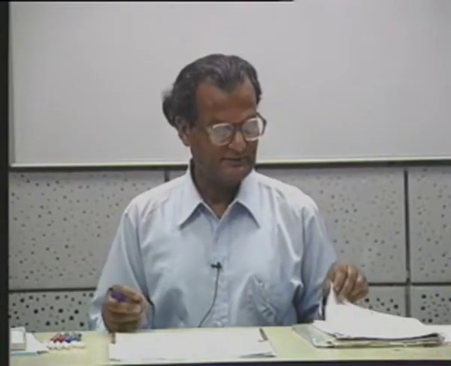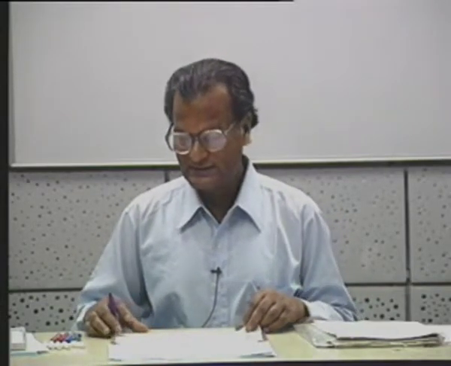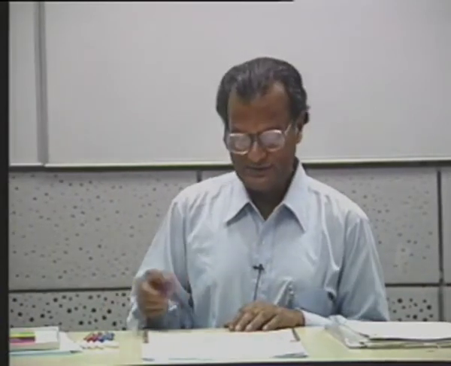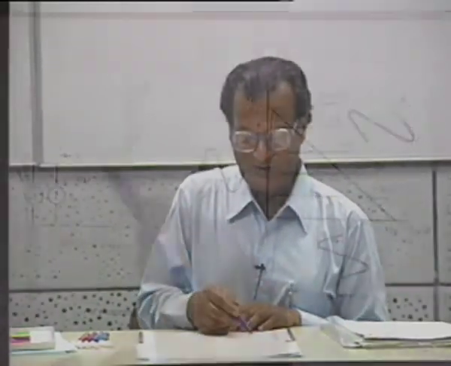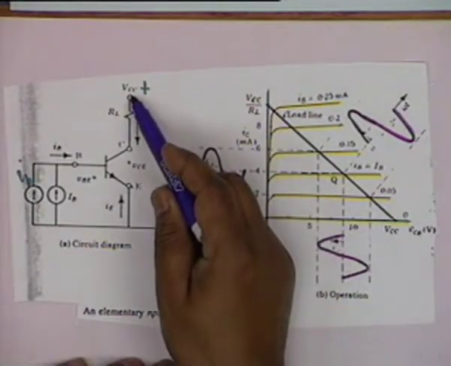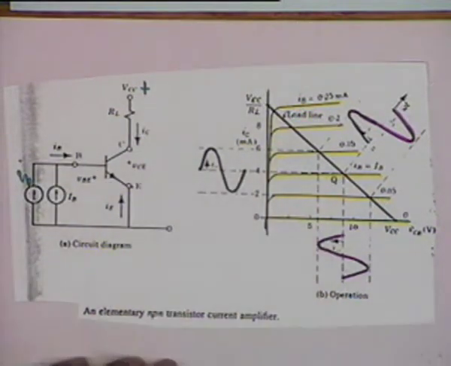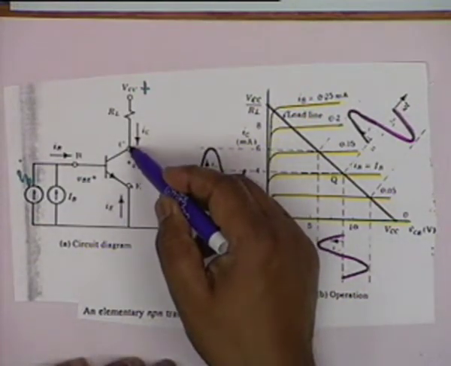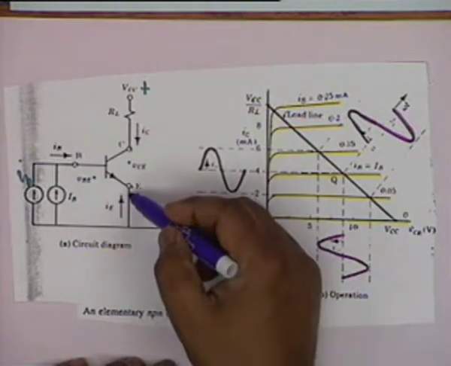Utilizing this model, one can now analyze to see why a transistor behaves like it does. Why does it amplify? Here is a transistor, a common emitter transistor, which is connected to a positive supply, VCC. It has to be connected to a positive supply because the collector base junction has to be reverse biased. This is an NPN transistor, this is N, this is P, and this is N.